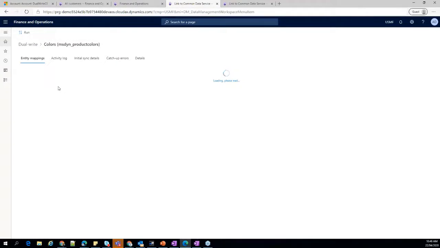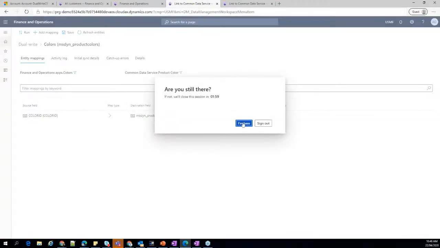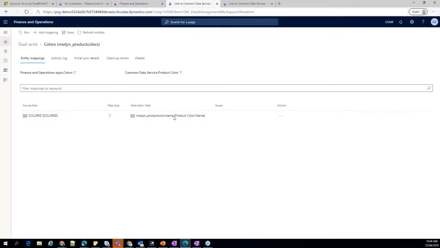The first time it will try to load all the entity mappings from both the environments, and it takes a few seconds, a little bit more time than it normally takes when you have already opened it. There is only one field here, and you can see the map type is one directional, which means it is from FNO to CDS here. There are no filters from both sides. And if you want to run this one,